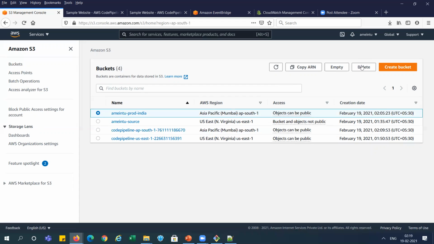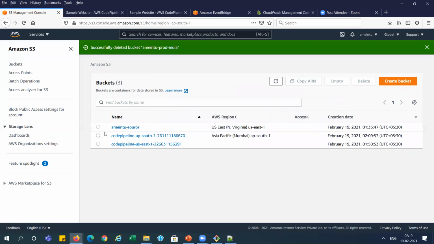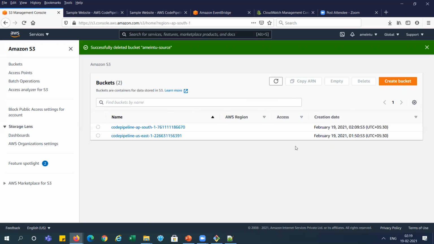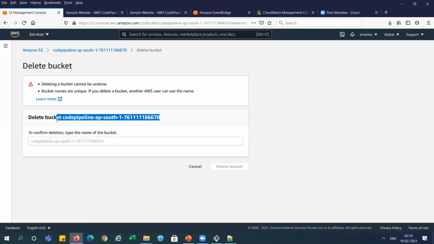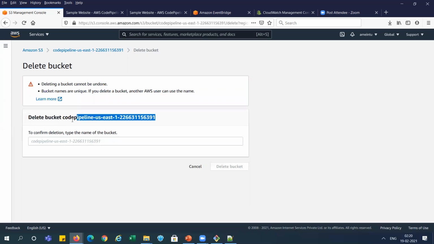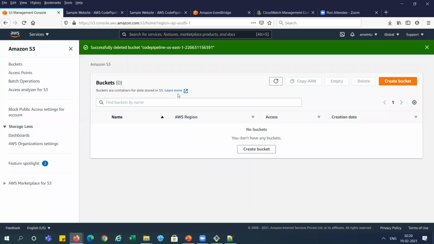We need to select and delete. See, now we have deleted all those buckets, right?